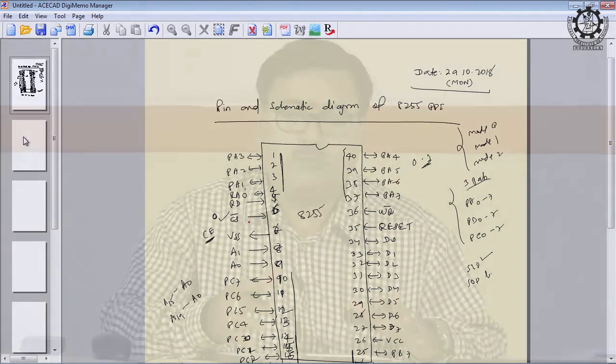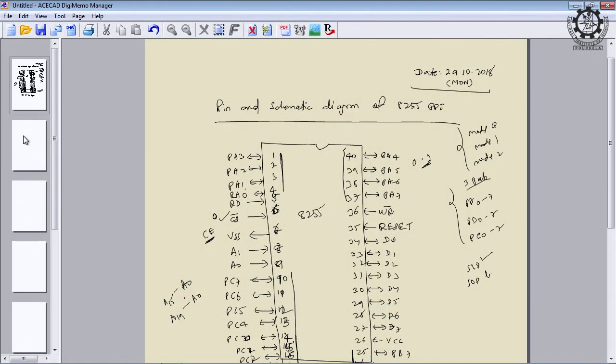And for this you have to use a number of address signals, a number of data signals and a number of control signals. So chip select is a control signal which can be directly connected to 8085 in its simplest way, but since there are so many peripheral ICs in a microcomputer system, we cannot dedicate one address line completely for selecting this 8255. So what we will do? We can make use of the decoder.